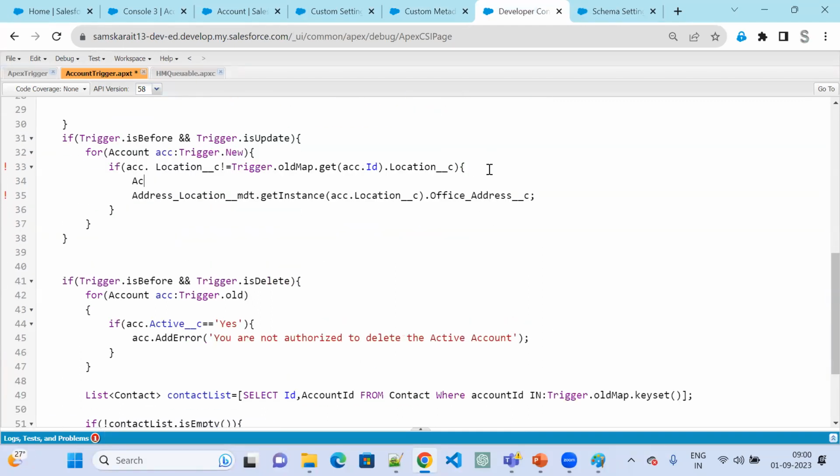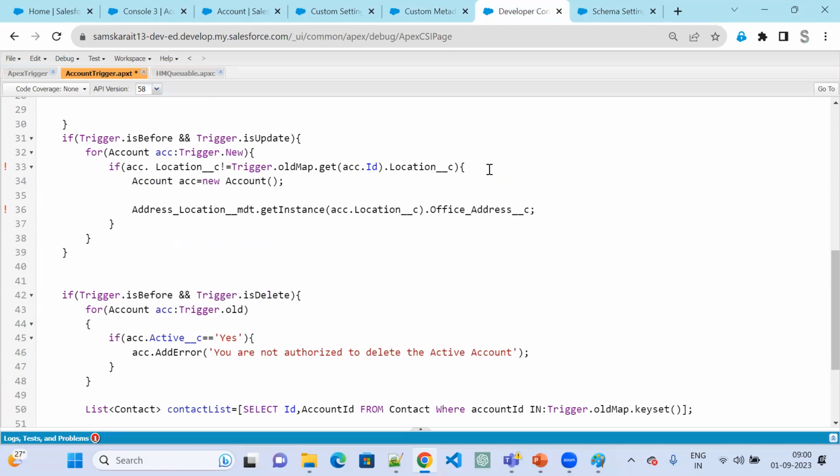And then I need to store this information into the account. So for that, what I'm going to do is account ACC equal to new account. See, this is also ACC. Let's say this one is A. Now account A equal to new account. Now I'm going to specify here A.id equal to ACC.id, and whatever the address I'm getting, I'm going to store it inside the